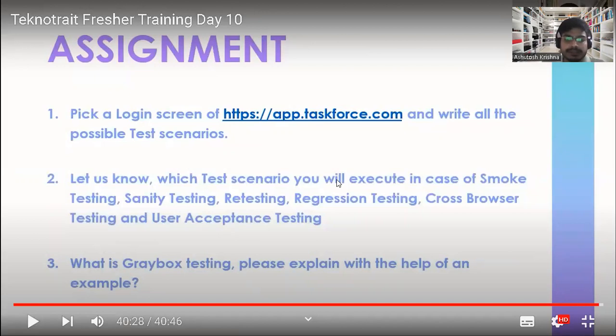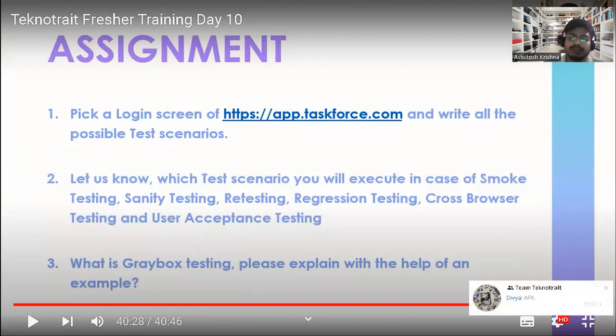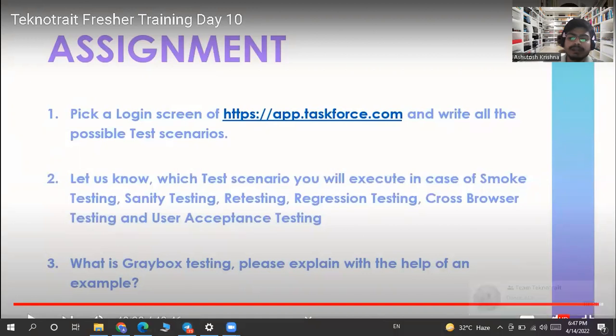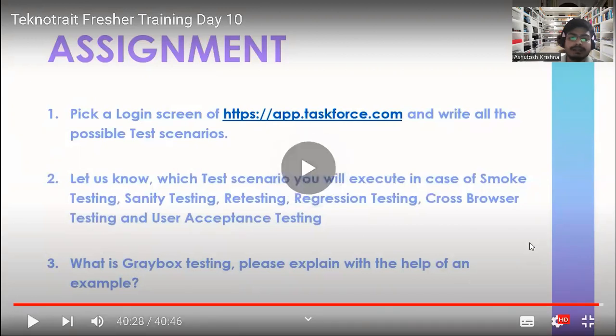So the cross-browser testing. In cross-browser testing, for example, now we are testing in Google Chrome. So we will just shift to Mozilla Firefox, or we will go to Internet Explorer, and then we will check the application. What will happen is some features may work properly in Mozilla Firefox, but they may not work properly in Google Chrome or Microsoft Explorer. So for this, we need to